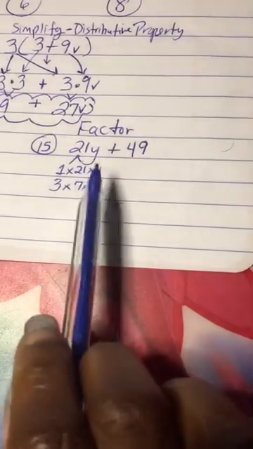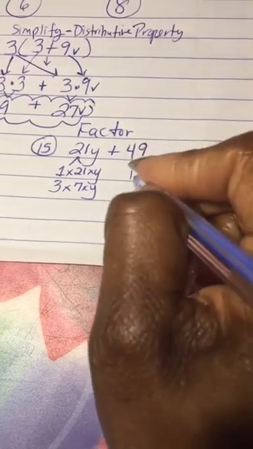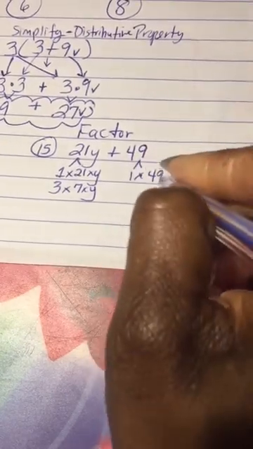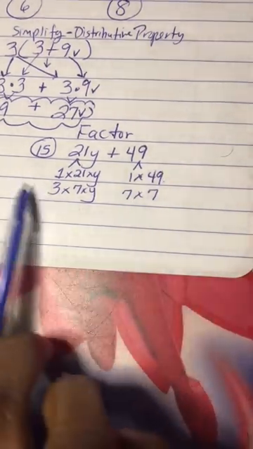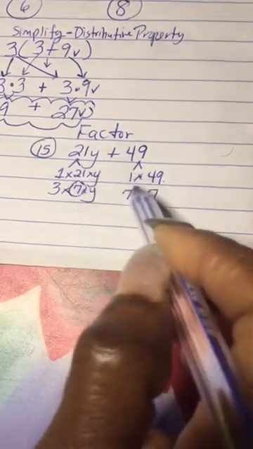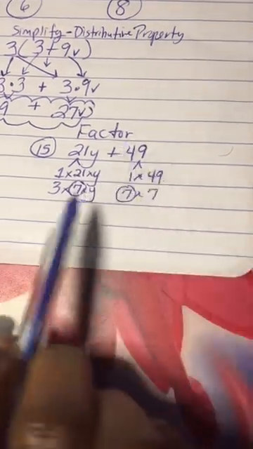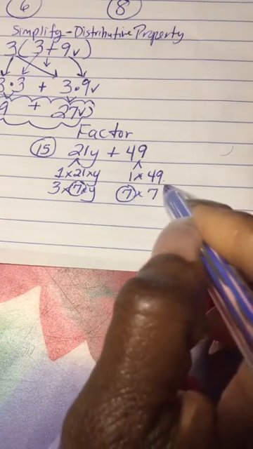And what we're looking for is the same factors for each number. For 49, the factors are 1 times 49, and then we have 7 times 7. So the factor, or the number that we see that's alike, is 7. These two numbers are going to